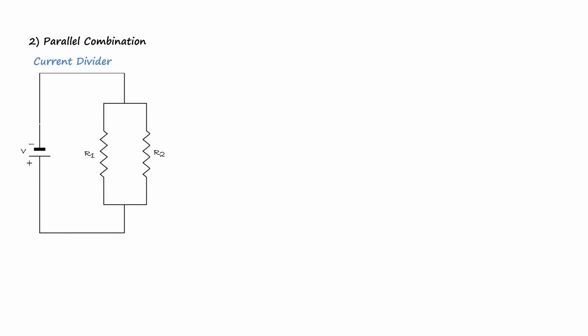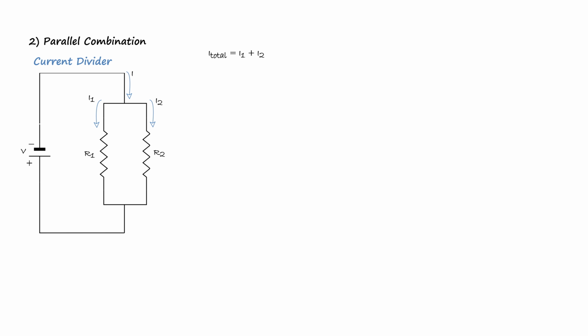As we look at this circuit, current comes from what? From the voltage source or from the battery and passes through what? Through both resistors. This means current is divided into I1 that passes through resistor 1 and I2 that passes through resistor 2. So this means mathematically we can write I total or I is equal to I1 plus I2.